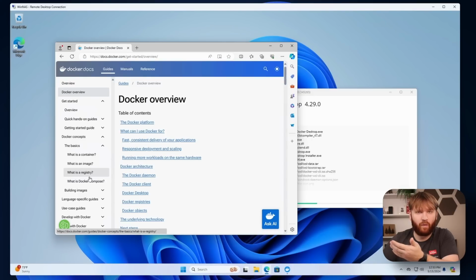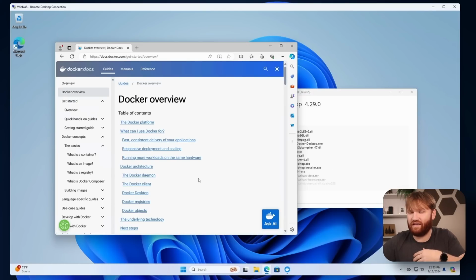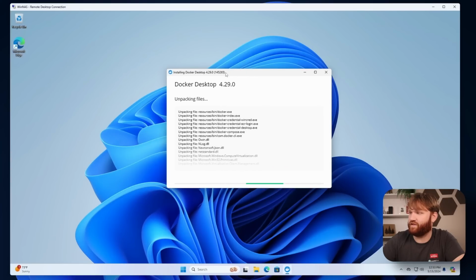It's a pretty straightforward thing. It's just little containerized applications that are kind of separated from the rest of the system. And it makes it really easy to update, spin them down, and customize these services. Definitely a lot more flexibility than just installing an exe service such as Plex, Jellyfin, and many of the others that offer that. So let's go ahead and close this out and let this finish up here.